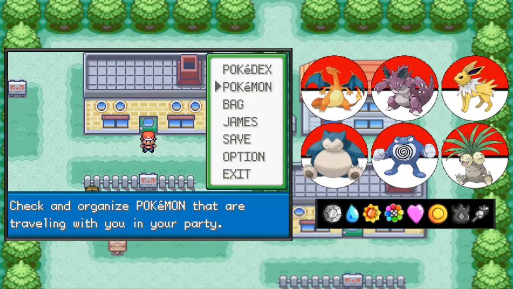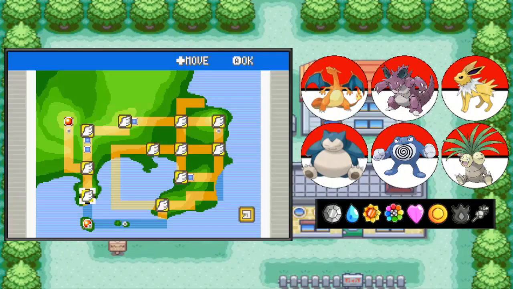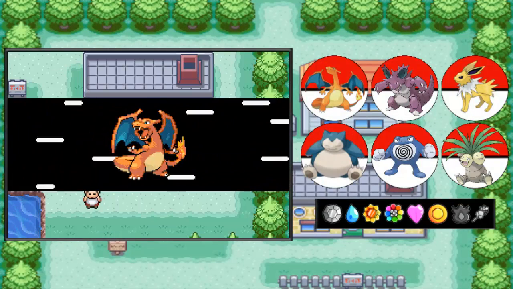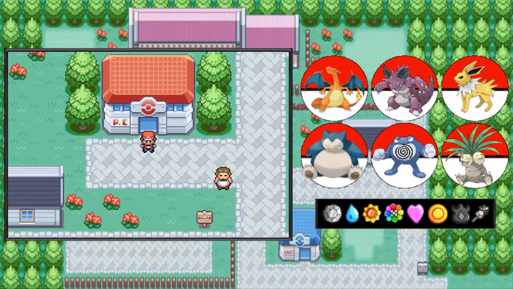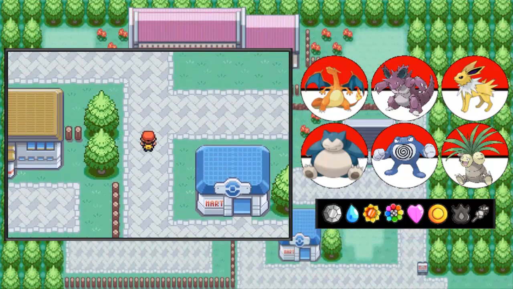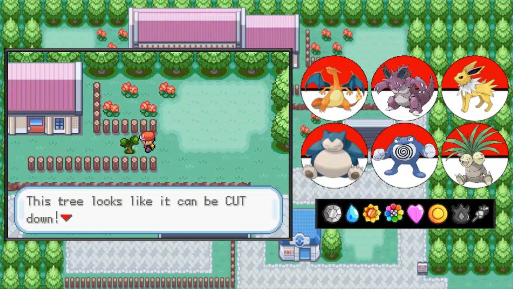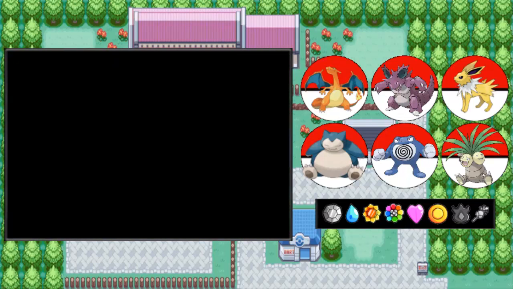Before we head down from Pallet Town into Cinnabar Island, I quickly want to fly to Pewter City, because there's actually something we can pick up that will be of use in Cinnabar. Alright, so now that we're here, you remember this cut tree you might have seen all the way over here? Well, if we use cut on it, we can access this house here. And inside this house,